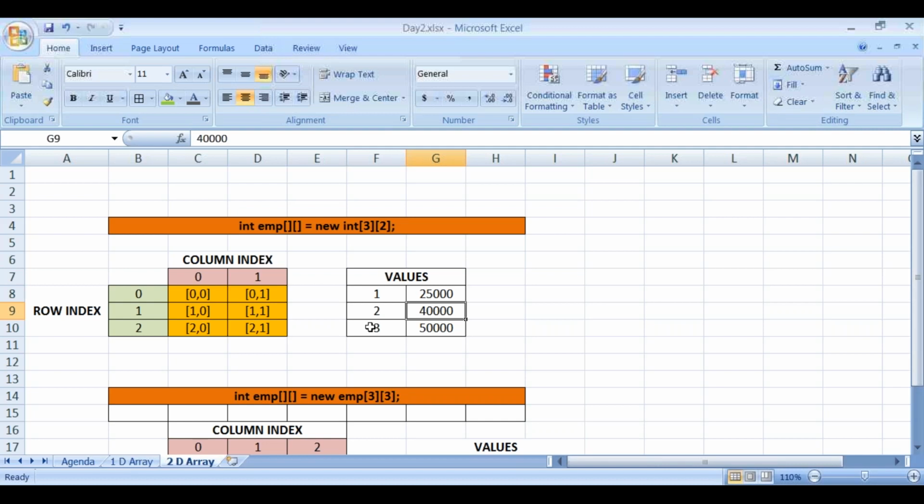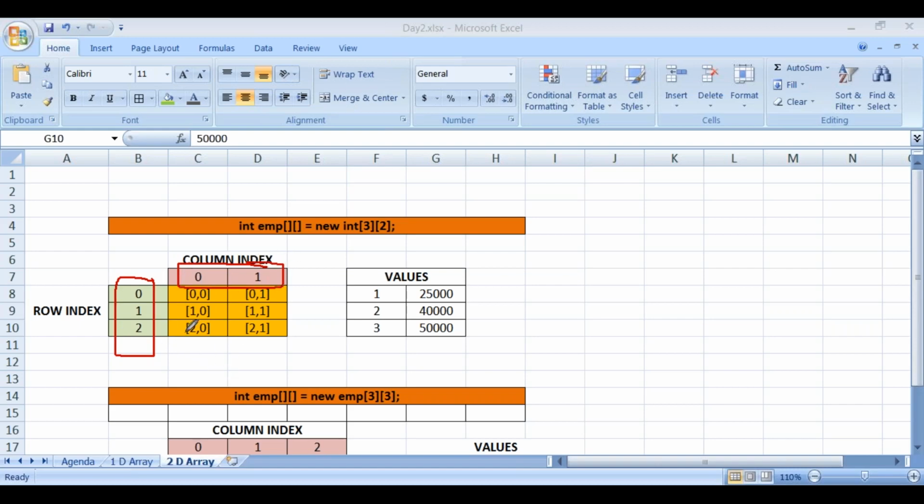Employee ID 3, the salary is 50,000. Suppose you would like to store these values in an array, let's understand what the row index is and what the column index is. The representation of the row index and column index is shown here. You can see the row index is 0, 1, 2. The column index is 0, 1.